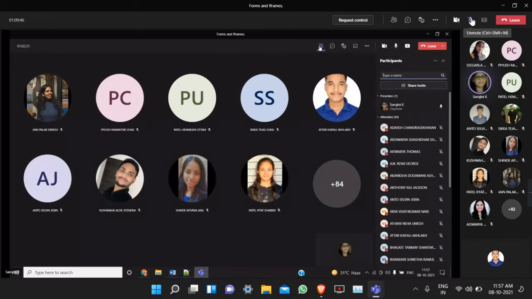Tanmay, can you try? Shweta. Yes, I had a doubt. In a list box, do we have an option of selecting many options? Yes, we can make that. That's one of the properties of a list box. So if we have to select just one option, then we will use a radio button, right?